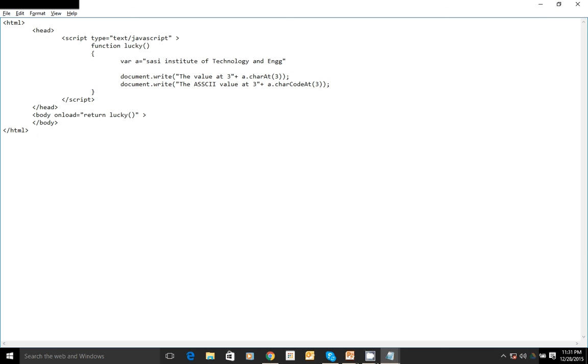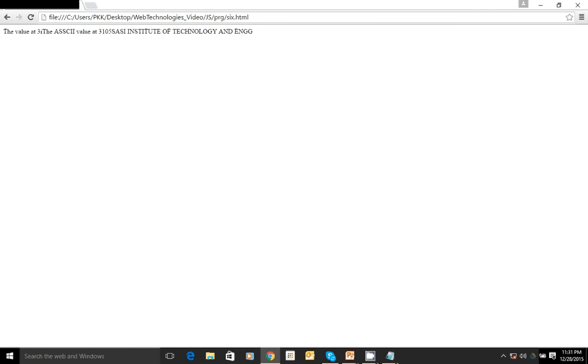Let's say I want to print this entire string in uppercase. Then document dot write of a dot, the function name is toUpperCase, that's all. So the SSC Institute of Technology and Engineering will be printed in uppercase characters. This is how it works.